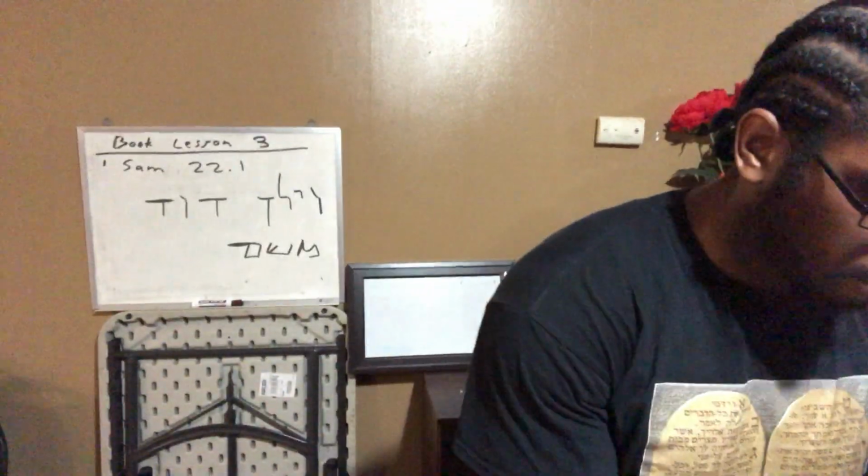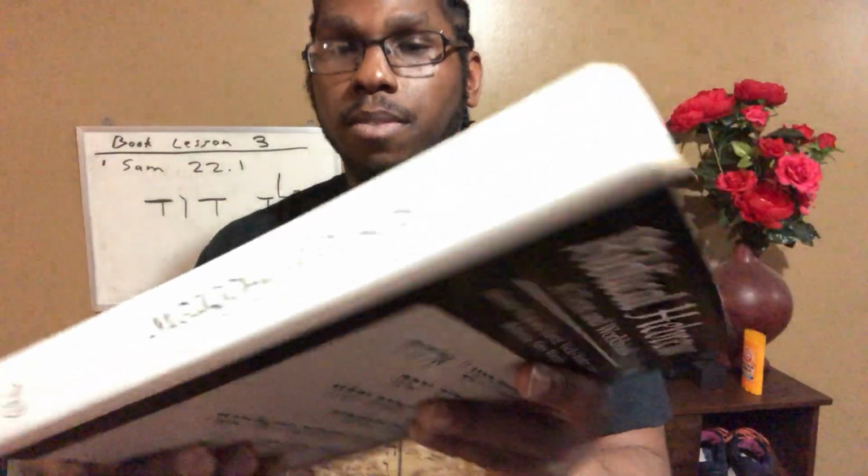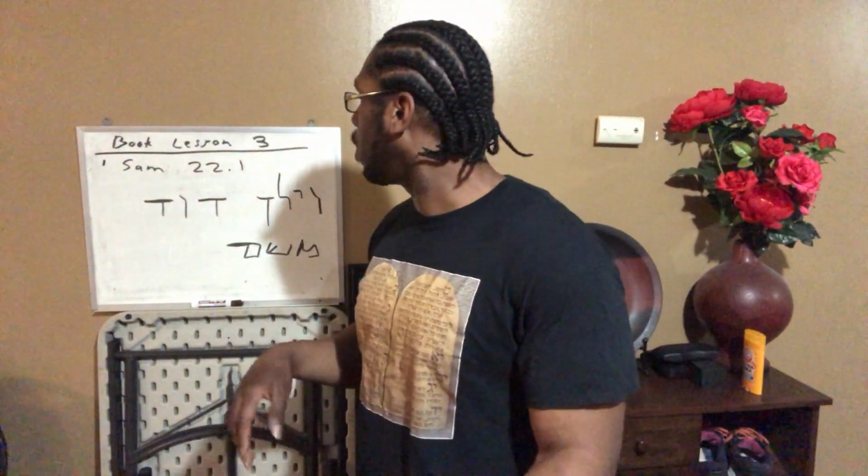When I say book lesson, I'm talking about the Biblical Hebrew textbook. We use the textbook from Yale University Press. It's hard to find, so we'll get it to go along. This is how you know certain rules that go through. So we get this scripture straight from the Bible, 1 Samuel 22:1. Let's see what's going on now.